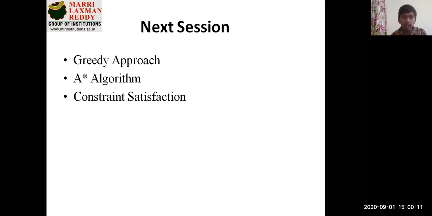In tomorrow's session we'll discuss the greedy approach and the A star algorithm as part of heuristic search techniques. So guys,